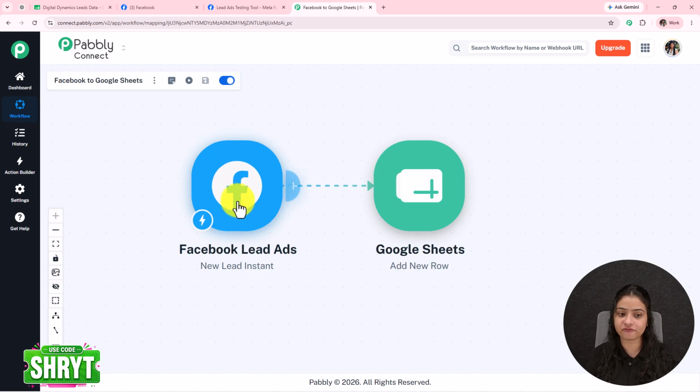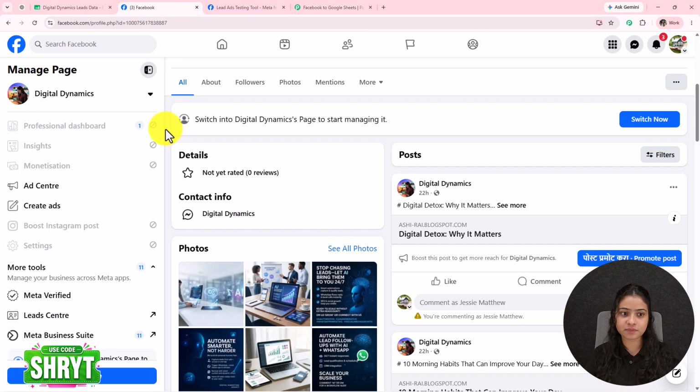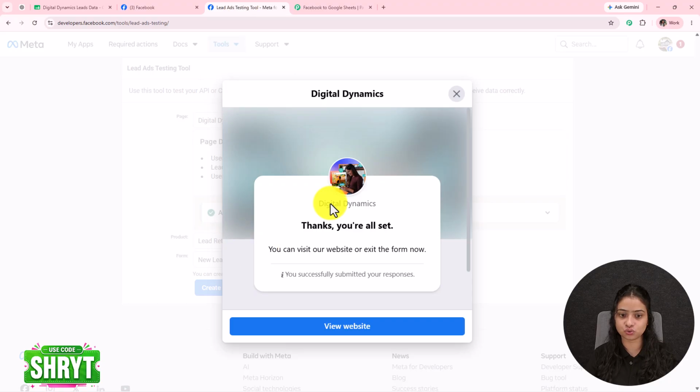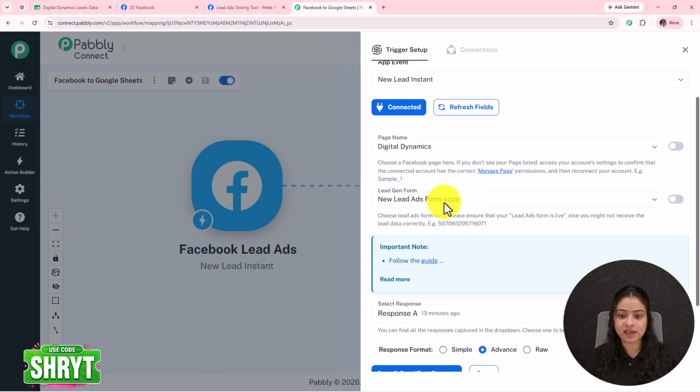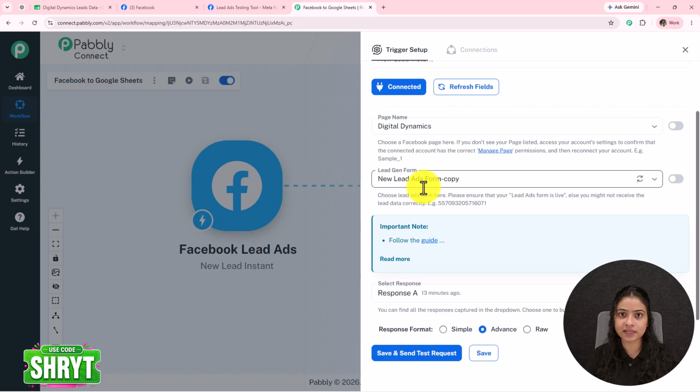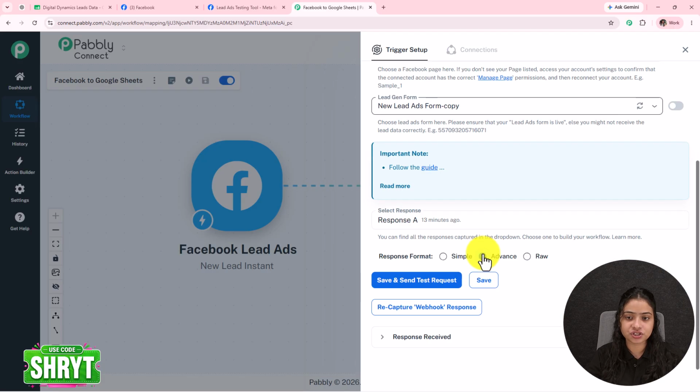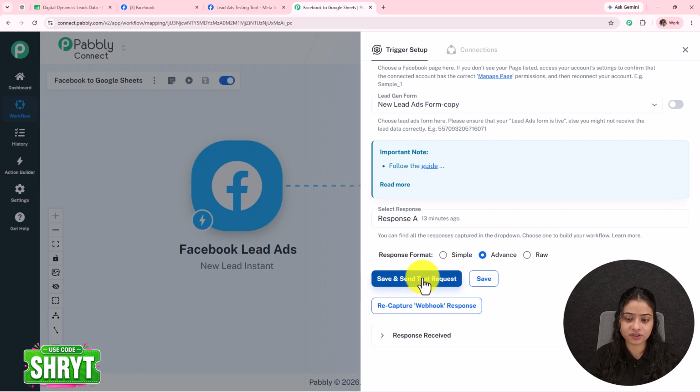For this, I have built a simple connection with my Facebook lead ads. Here is my Facebook page. I am already logged in, and this is my lead ads testing tool. Here I have simply selected the application. I have selected what I want: I want to capture every lead instantly. I have selected the page name and the name of my instant form. After entering all these details, when I clicked on the Save and Send Test Request button, the response was captured